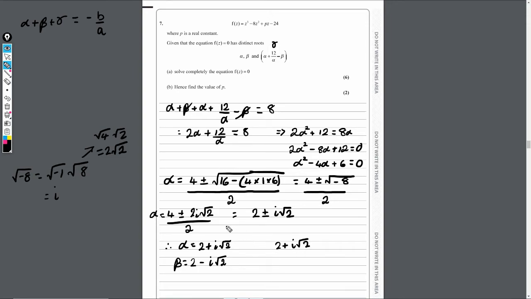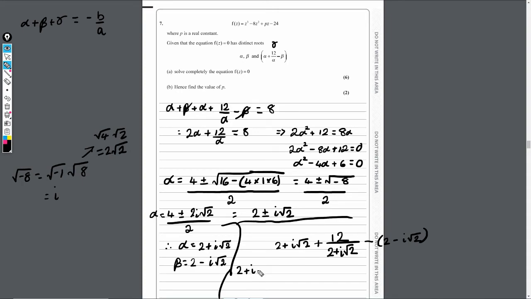So I'll just split this off here. Underneath, so 2 plus i root 2 plus 12 over this, minus beta, which is minus, never do it in a bracket, 2 minus i root 2. Okay, like so. So now, the first thing I'm going to have to do here is multiply this middle term here by the conjugate, 2 minus i root 2. So, if I just write it out again,